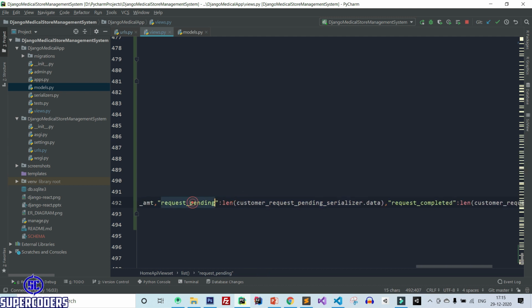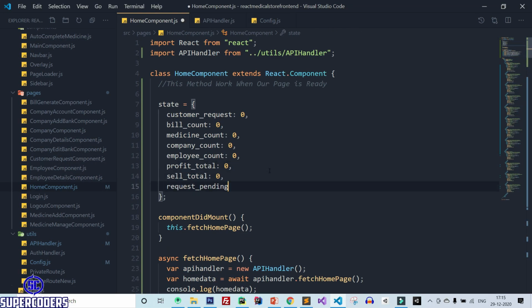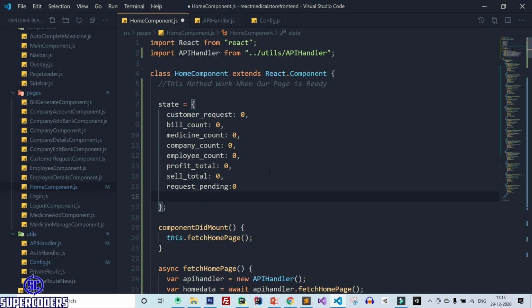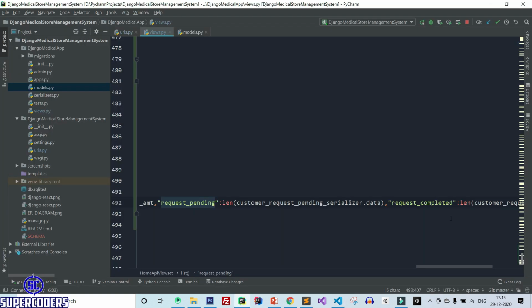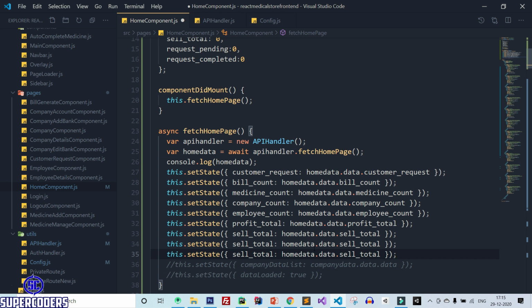So let's copy the key name. I'm adding it in VS Code. So here 0 and 0, change it to completed. Again copy it, paste it, request pending, request completed, pending, and completed.